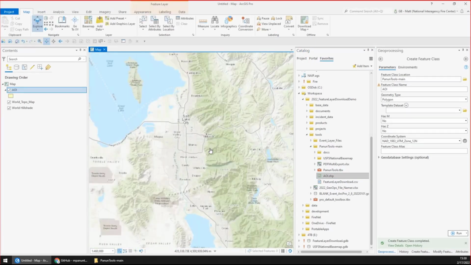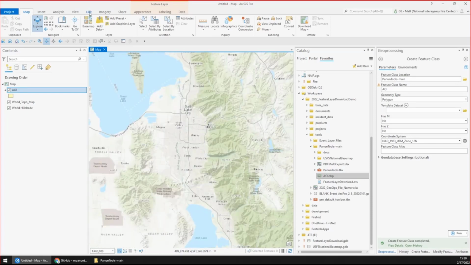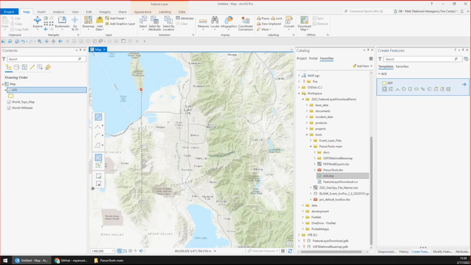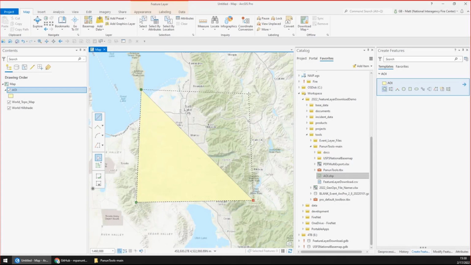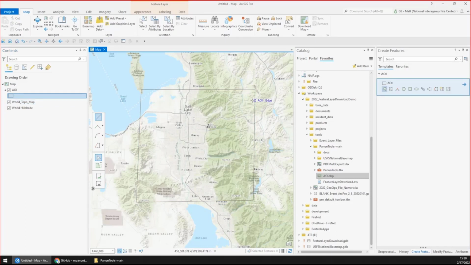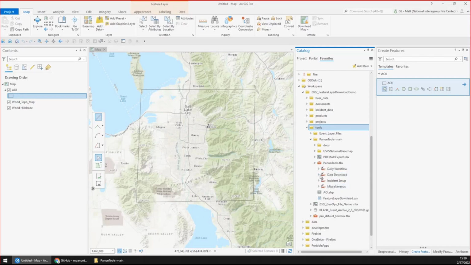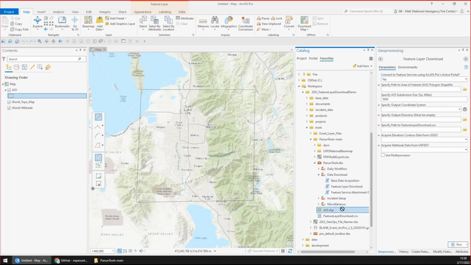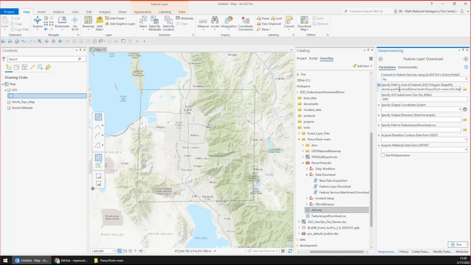Like I said, I'm in Salt Lake, so that's what we're going to focus on today. And I'm just going to grab the Salt Lake Valley. There we go. That's my area of interest. I want to download all of his services and pull data in for just this box, basically. All right, so we'll go back to the tool. I'm just going to drag the AOI shapefile right into the parameter, and then I'll give you the full path to the feature class.